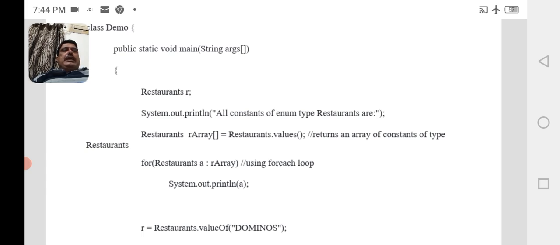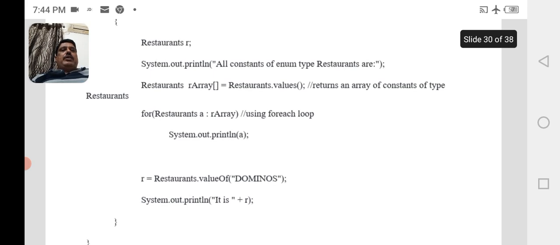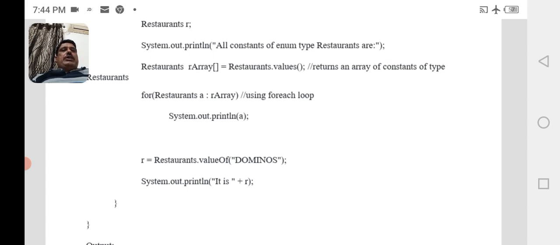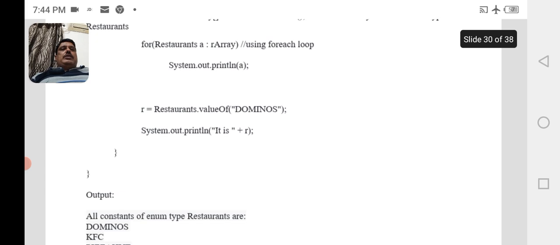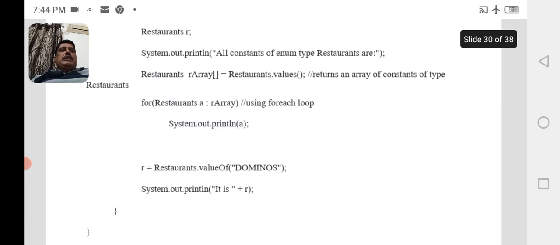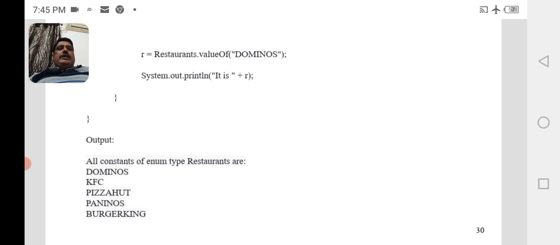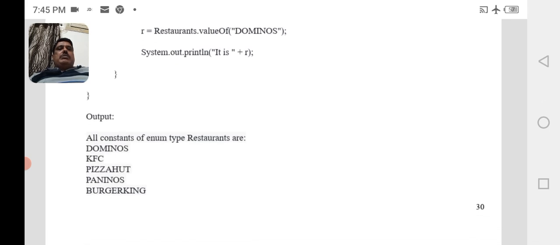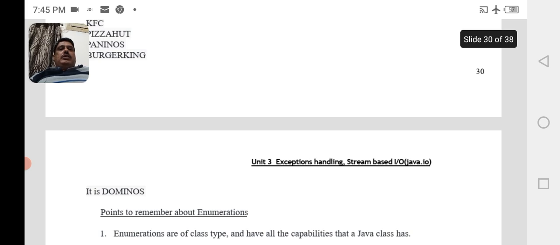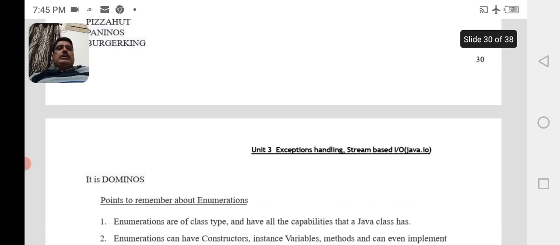For restaurants A colon R array, using a for each loop, system.out.println A. R equal to restaurants.valueOf Domino's, system.out.println it is plus R. When the above program is executed, the statement all constants of enum type restaurants are is printed, then Domino's, KFC, Pizza Hut, Panino's, Burger King. And it is Domino's. That is the output you get.